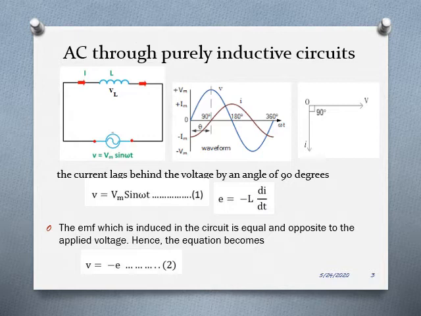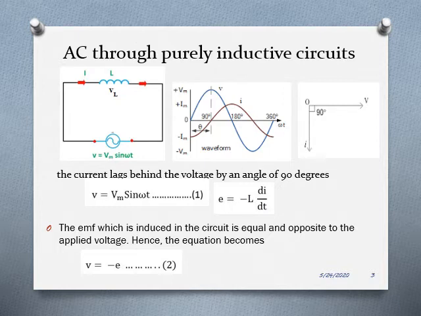But unlike the pure resistive circuit that we have already discussed in the previous lecture, the current does not start at the 0th instant, but rather starts after an angle theta, which is exactly 90 degrees for a purely inductive circuit. So you can say that there is a phase difference of 90 degrees between the voltage and current. The current is lagging the voltage by an angle of 90 degrees.